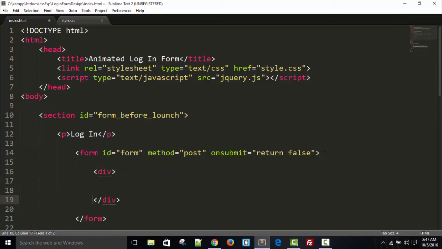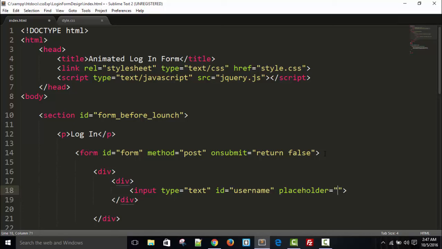Div, in this div put input type equals to text and id equals to username, placeholder equals to username. Copy this